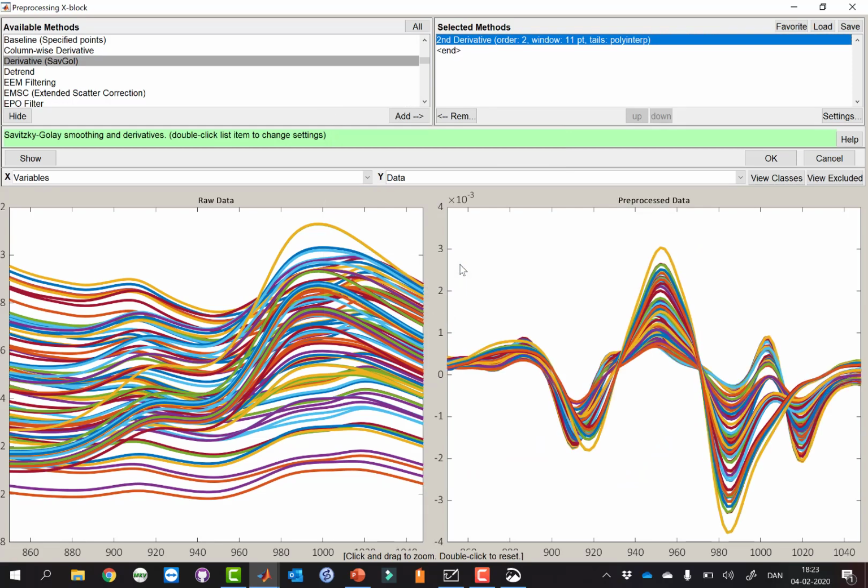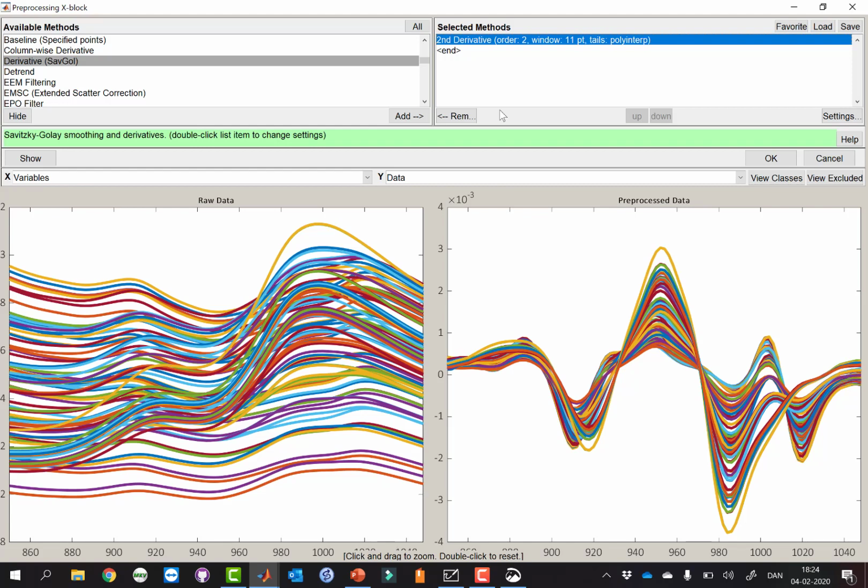It's not working as well as it was before, where we did the scatter correction and different types of normalization. But we do minimize, at least a little bit, the scattering. So maybe in combination with other types of pre-processing, it might be useful. And in any case, it's one of the default methods used for this type of data, also for removing scatter.